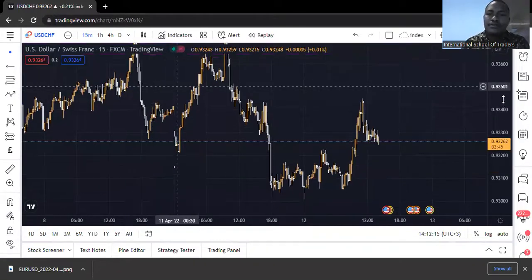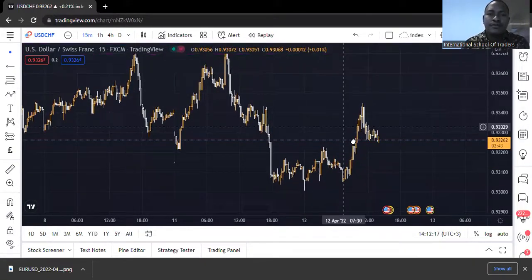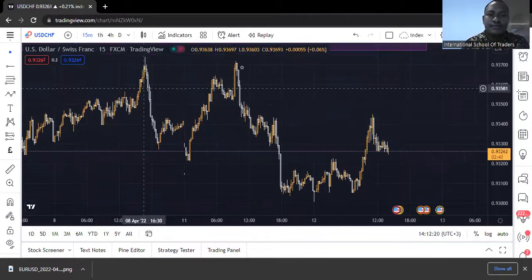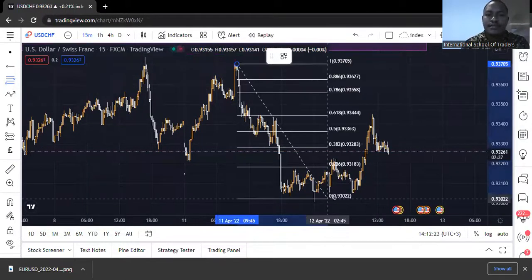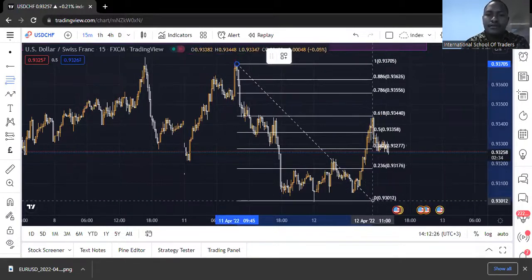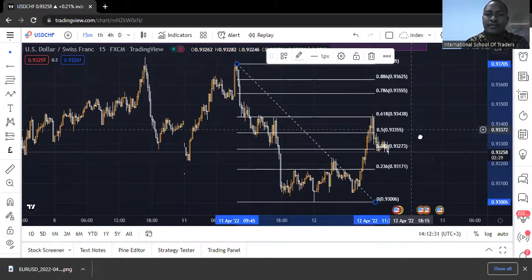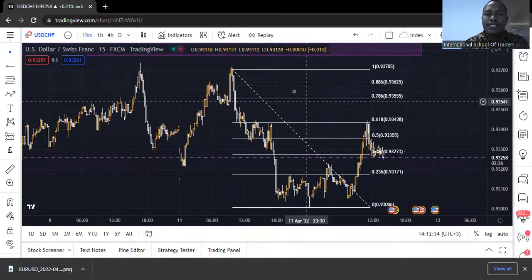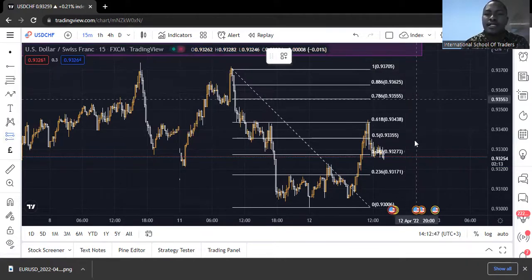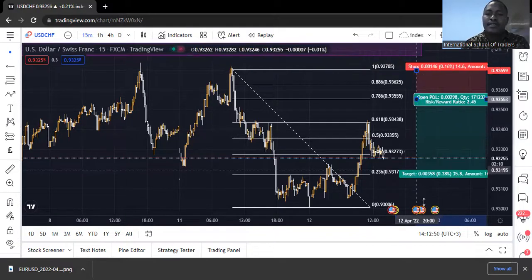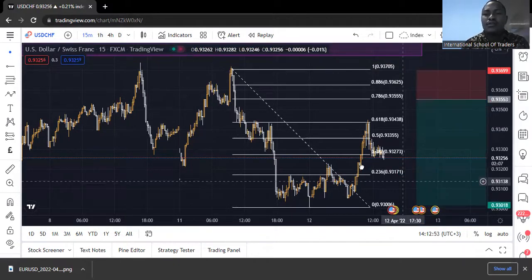Actually, this is what I'm looking for. Fibo, starting from this area to this area. So we could have taken a trade here. But if market does approach these higher levels, we should at least look at the 88.6 or the 78.6 in this case. So these are the areas that we can start having a look at in terms of taking a sell. But if it doesn't, then cool, we see.